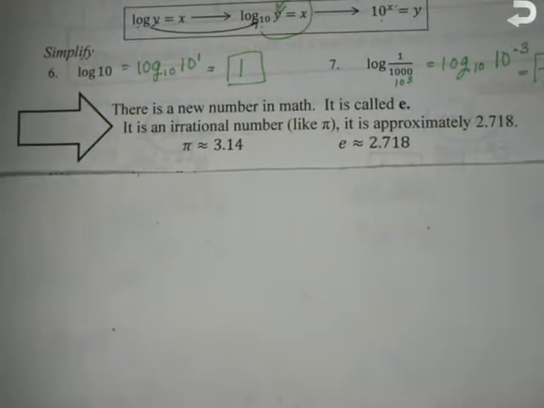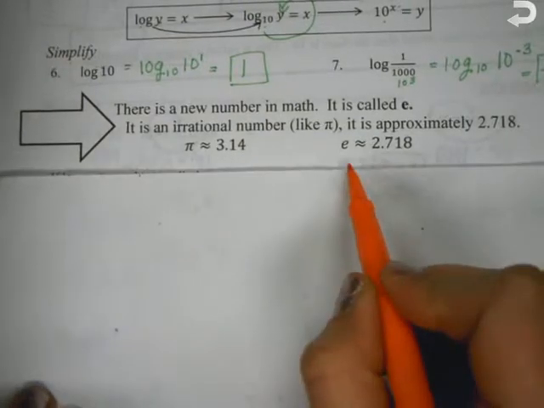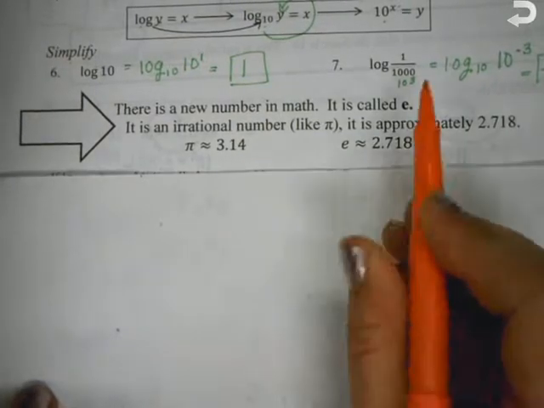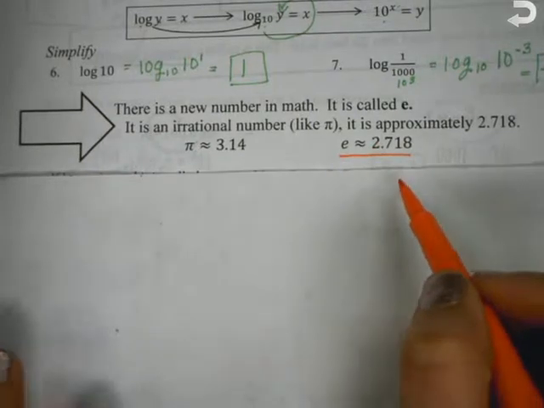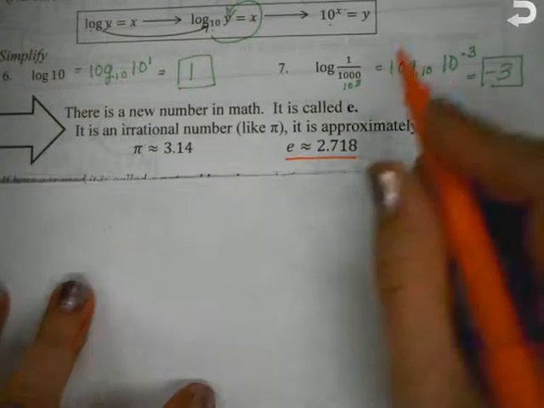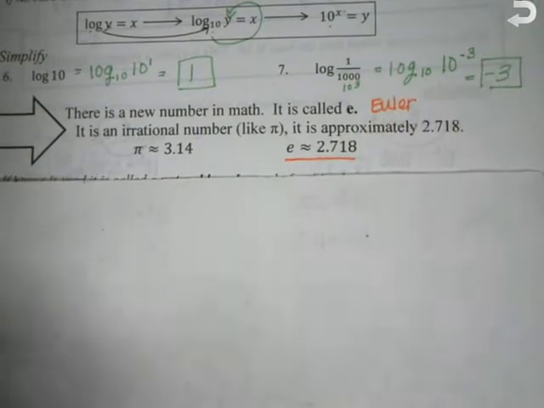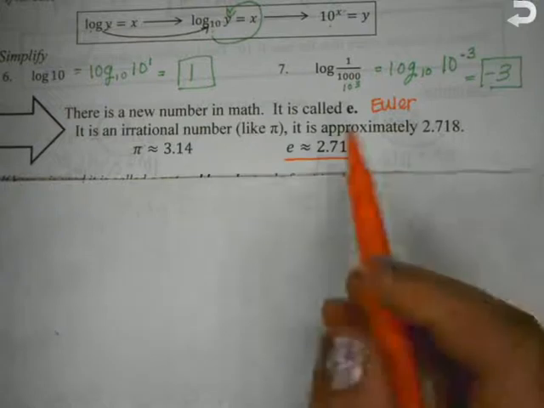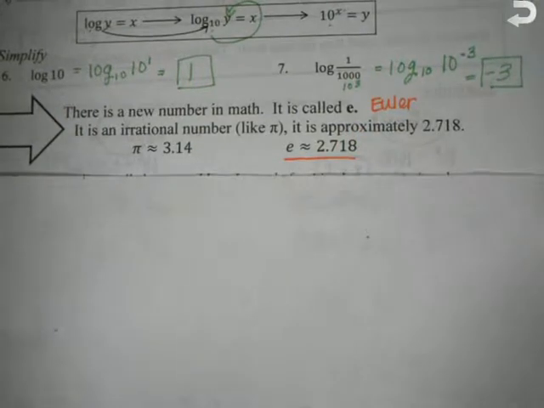Pi is a special number that always means 3.14. E is a special number that is always about equal to 2.718. It's called E, named after a mathematician named Euler, but he spelled his name E-U-L-E-R. Okay, it's not Euler, it's Euler. It goes 1, 2, E3. Now E is a number that we use a lot in calculus, trigonometry, and so we are starting to